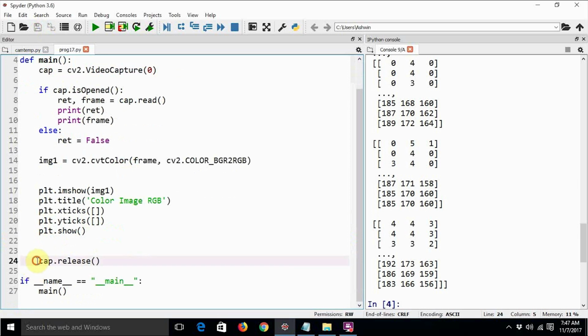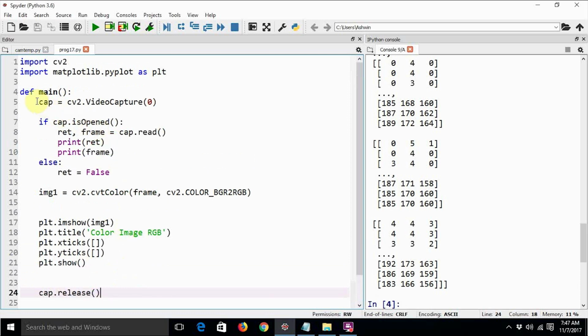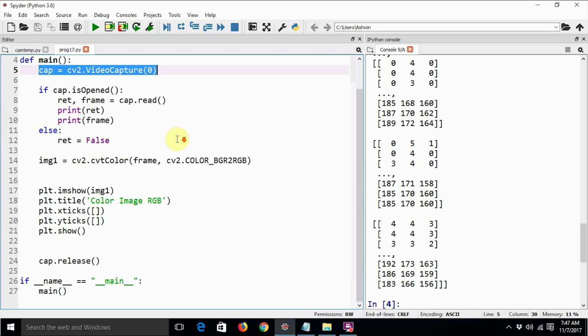cap.release is a function call which releases the camera. Make sure that every time you use cap = cv2.VideoCapture, you also call cap.release. It releases the associated webcam from the operation. Unless you do this, your webcam is not going to be disengaged properly.